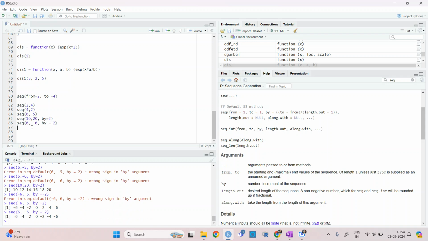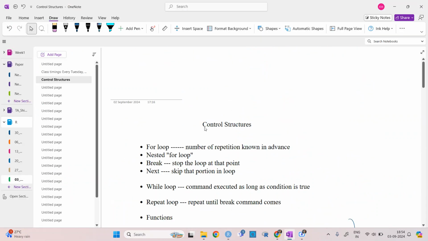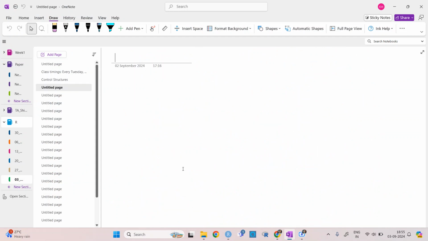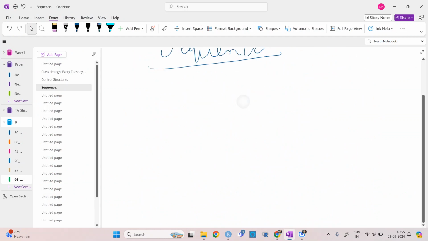If the values are increasing, then you need to give by a positive value. If the values are decreasing, then you need to give by a negative value. So let us write it for sequence: seq from 2 and by.